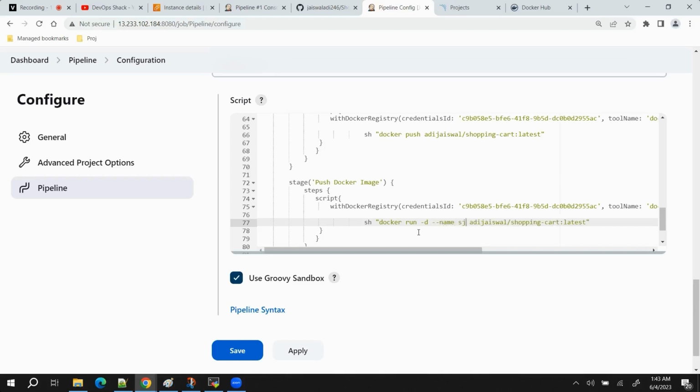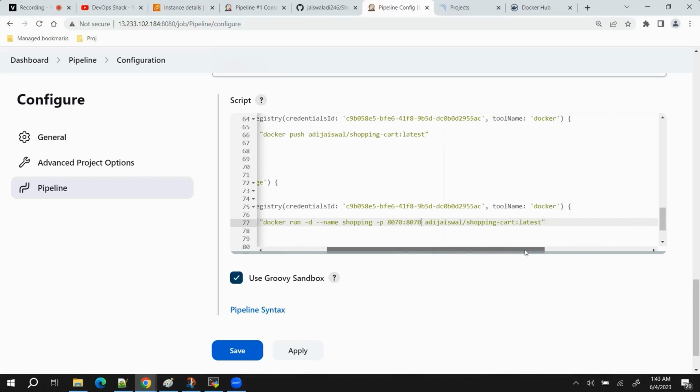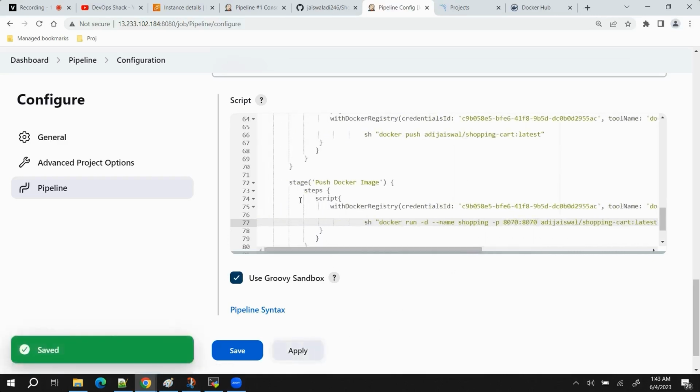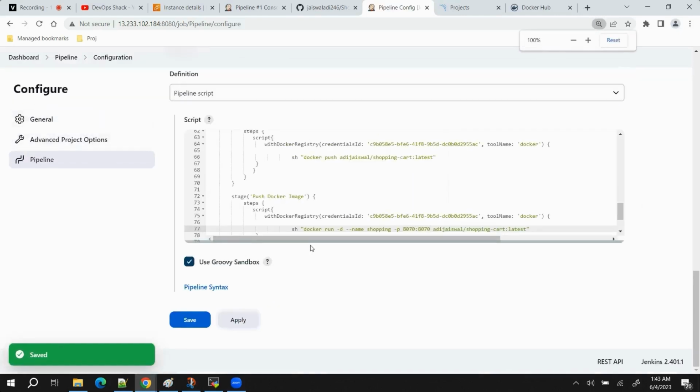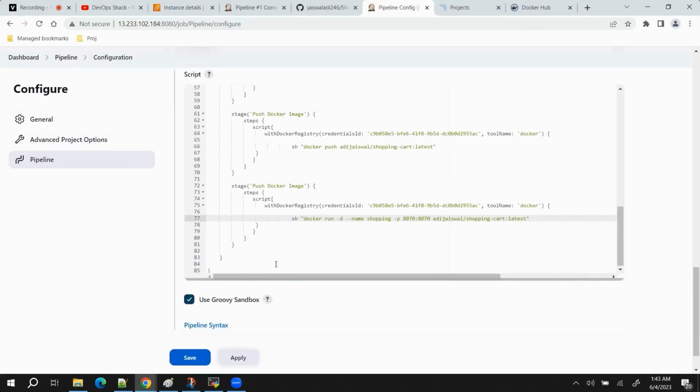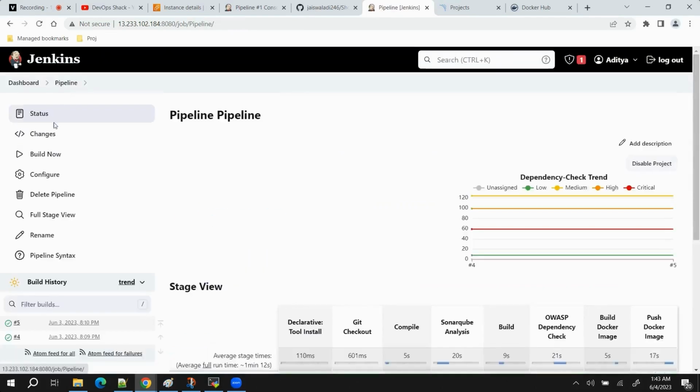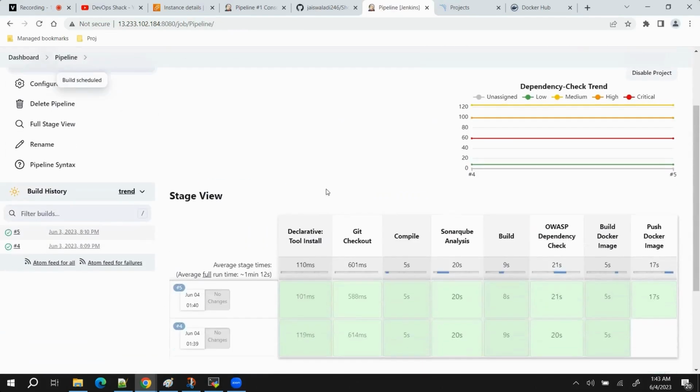The name I want is just shopping. And then the port, as I mentioned, 8070, which we have also defined in our Dockerfile. I think this is fine. Let me check the image name is correct, everything fine. Click on apply. Let me check if any extra braces are there: 1 2 3 4, 1 2 3 4. Yeah, okay, so we have saved. Now we can click on build now, and what it will do, on the 9th or 10th stage, it will